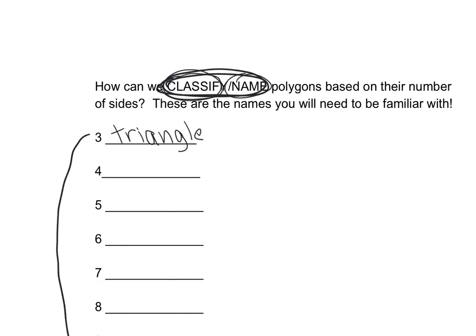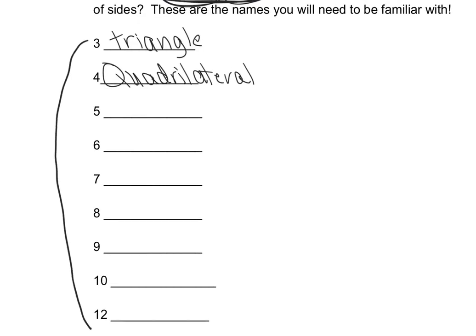4-sided is not a square or a rectangle. A 4-sided, the basic name is quadrilateral. And then again, we can classify quadrilaterals a lot of ways. Squares, rectangles, rhombuses, things like that. And then after those 2, everything else follows a pattern. So 5, a prefix that says 5 would be penta. So we would call it a pentagon. 6-sided, the prefix in this case would be hex. So we would be a